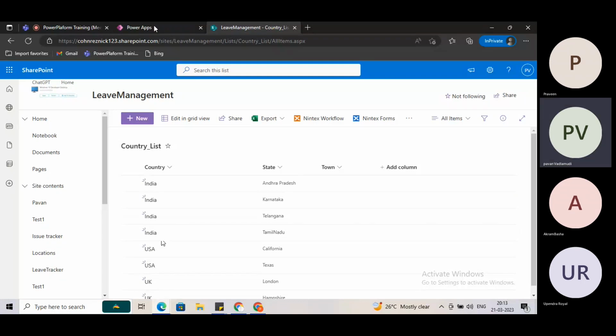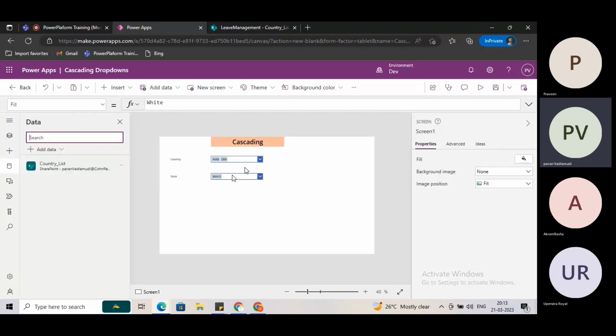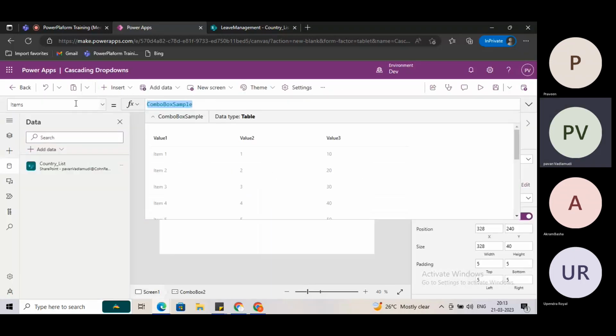Correct. Then in the state drop down, I want to see, if I select India, India related states only. If I select USA, USA related states only I want to see. What I will do now,